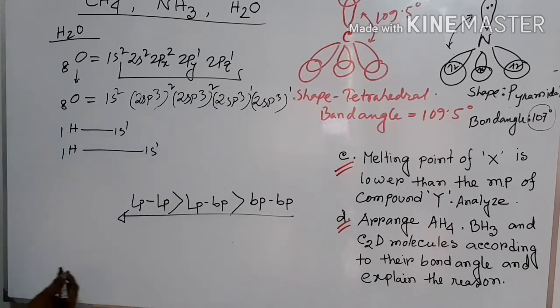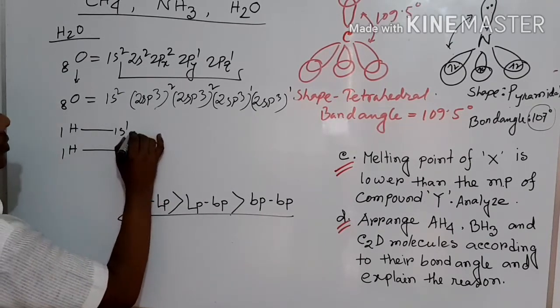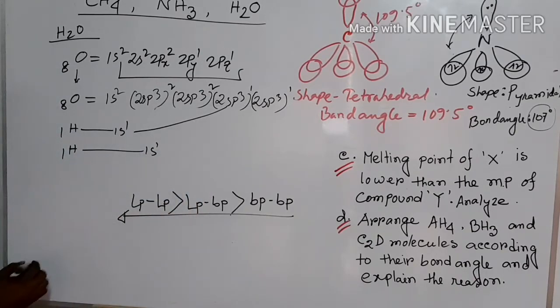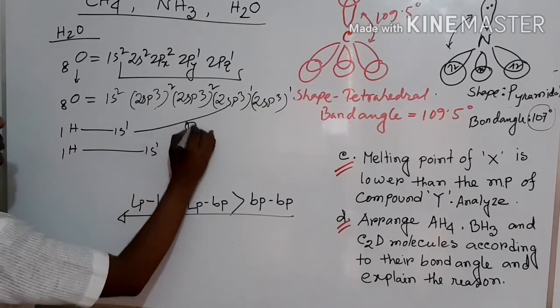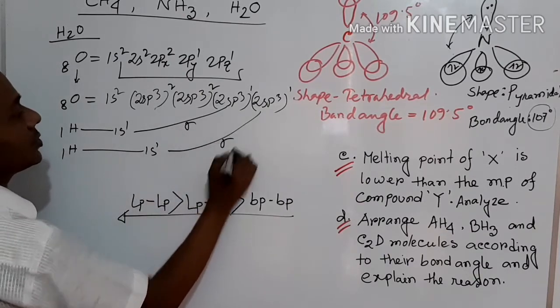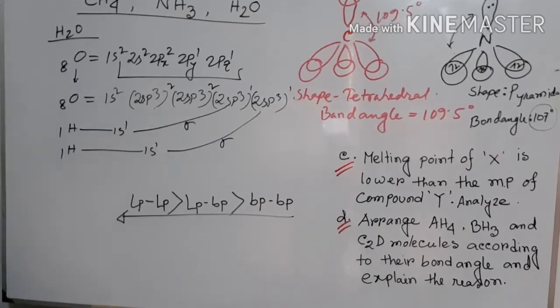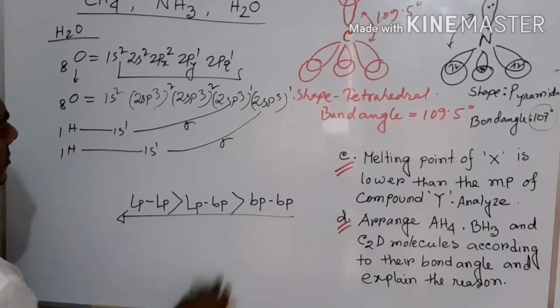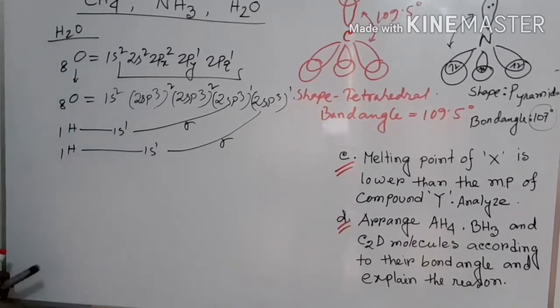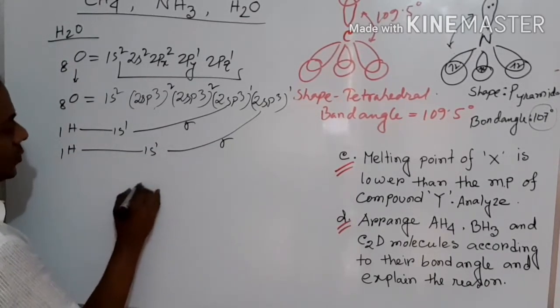The sp3 hybrid orbital containing one electron bonds with the 1s1 orbital of hydrogen, forming a sigma bond. This one is also a sigma bond. Here we see that two lone pairs of electrons are present. For this reason, the shape of the water molecule